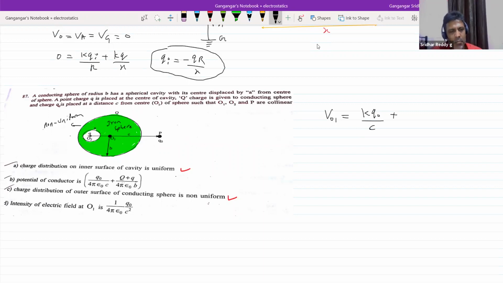Then minus q charge. So at O1, that minus q charge will be there. How will that whole charge appear symmetrically? If you draw that, the minus q and plus q, everything will nullify, no? So therefore, at point O1, the charge on the outer surface, how much should it be? Capital Q plus small q, no? From where will small q come? The point charge q kept at the center of the cavity will induce charge minus q, and on the outer surface it will be plus q. I think I'll give a diagram.